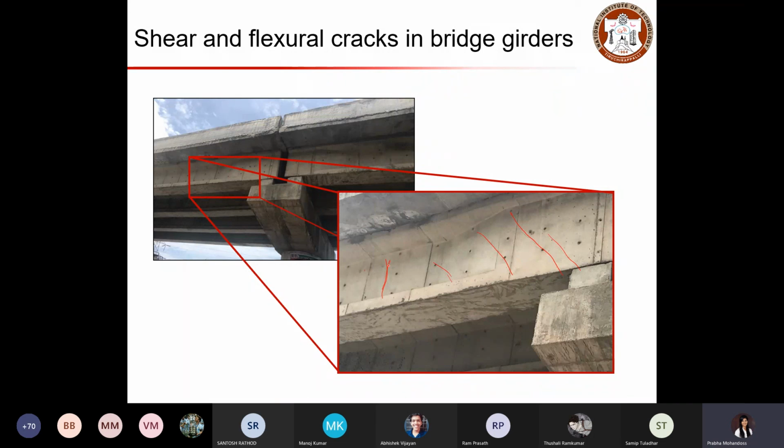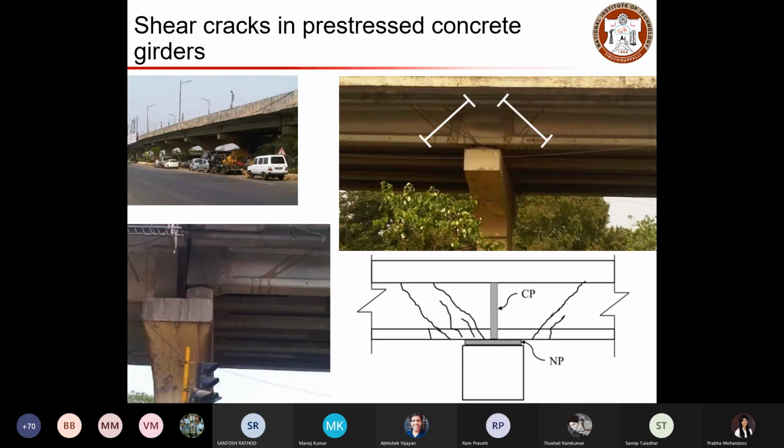Fine. So here there is a crack which indicates flexural cracking nearly at the support. This is basically the closer version of this portion of the image, which indicates a lot of flexural cracks and then the shear cracks. And this is one of the bridges located in a prime city of India. It is one of the major highway bridges in India, and it has a lot of shear cracks almost all along its